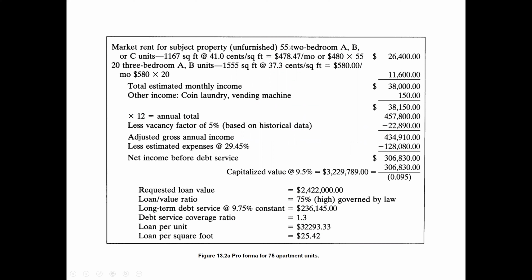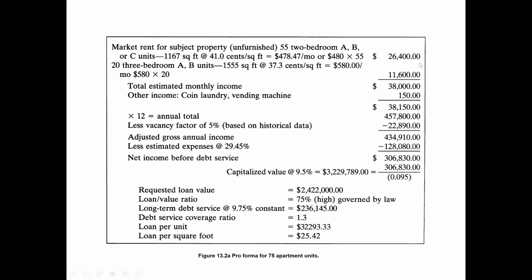Among the 75 units, 55 are two-bedroom apartments, in categories A, B, C. The area per apartment is 1,167 square feet, and rent will be 41 cents per square foot. So it comes to 478.7, so its monthly rent is about $480. When we multiply it by 55, because these are 55 two-bedroom apartments, the monthly total rent will become